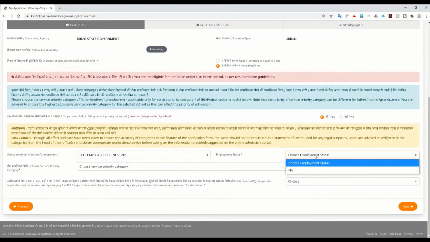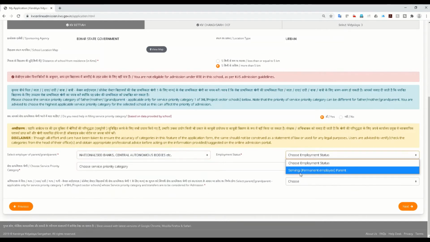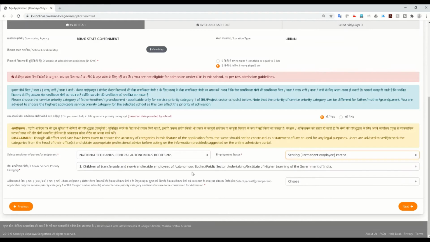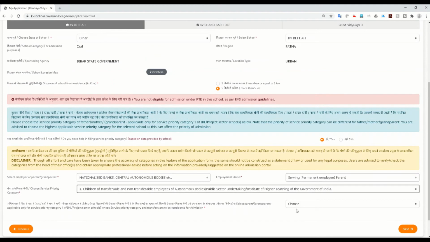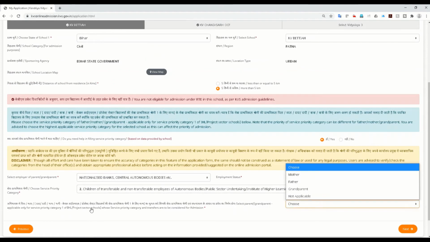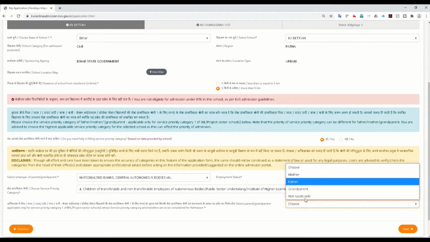If you are employed in one of these categories, you can say permanent employee and select any option here. This is for those whose service priority category and transfers are to be considered. If it is mother, father, or grandparent, you have to mention it here. You can say not applicable if you don't fall in this category.